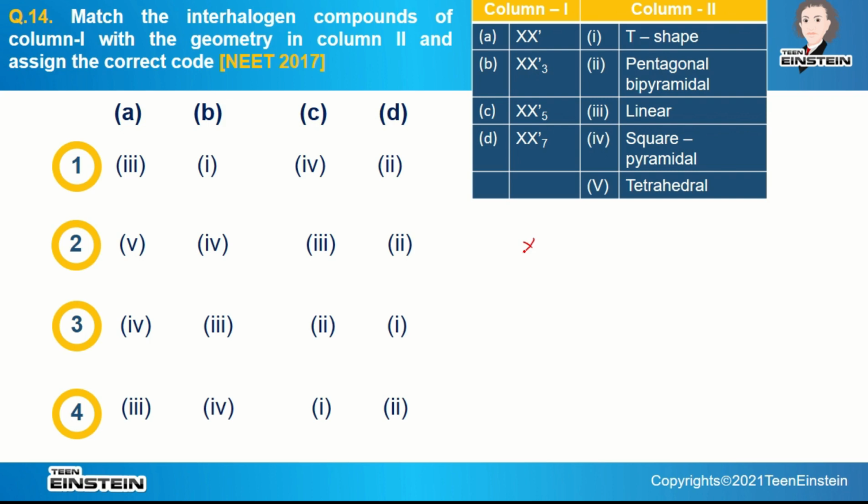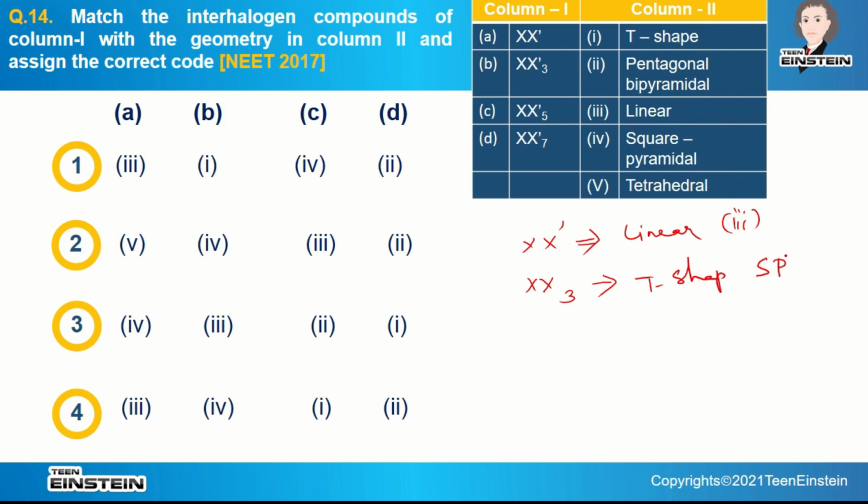The first XX corresponds to linear. So that is option 3. So next, in column 1, this interhalogen compound belongs to T shape,